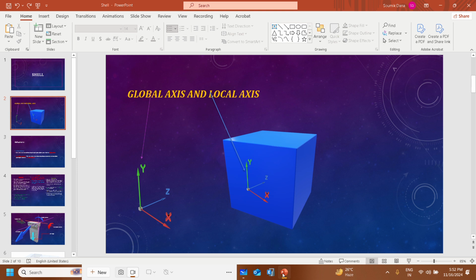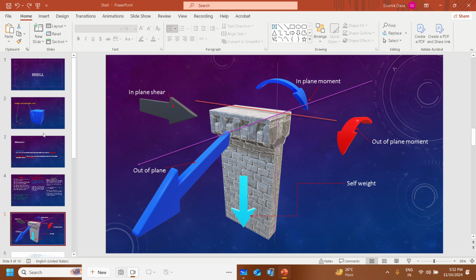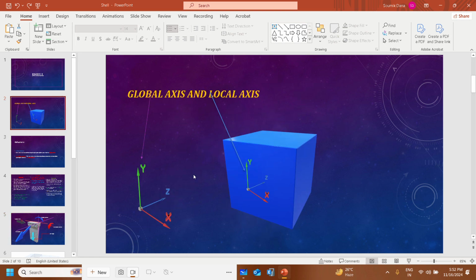Clear? And now, to define any kind of structure, there are two kinds of coordinate system we generally follow. This is the global axis and this is the local axis. Global means throughout the globe, that means the STAAD.Pro interface or ETABS interface,